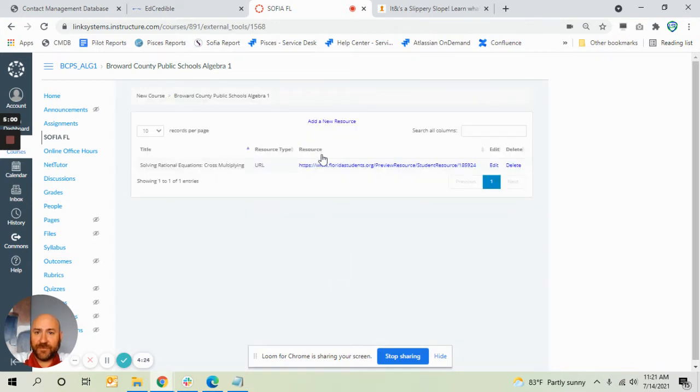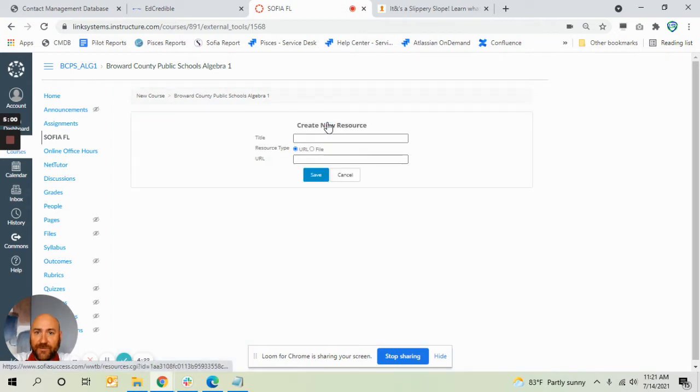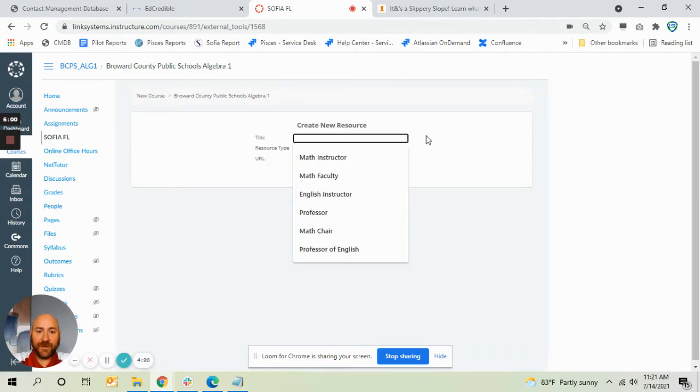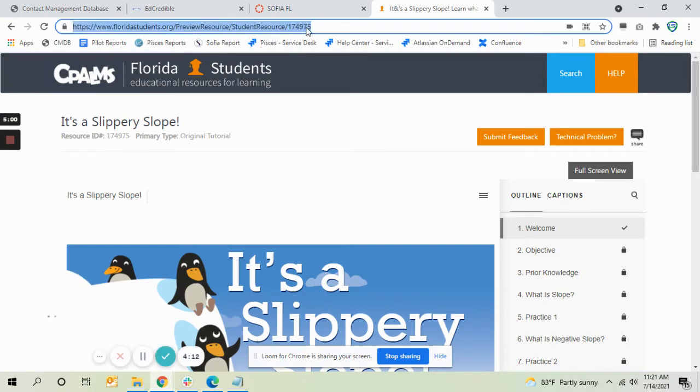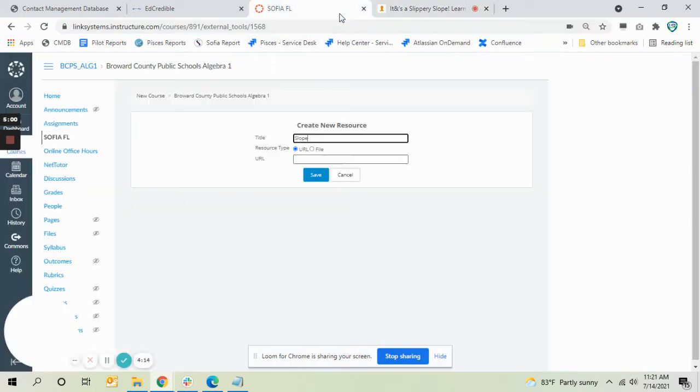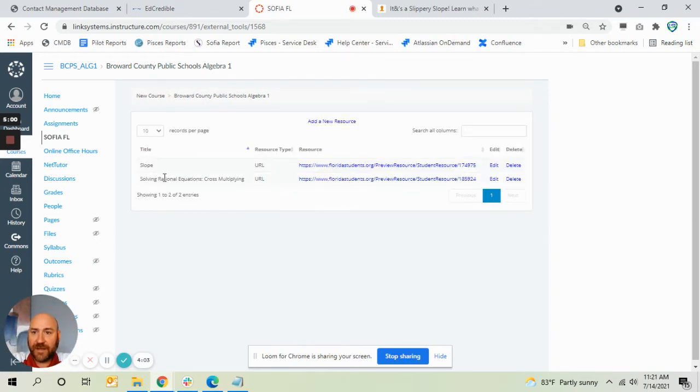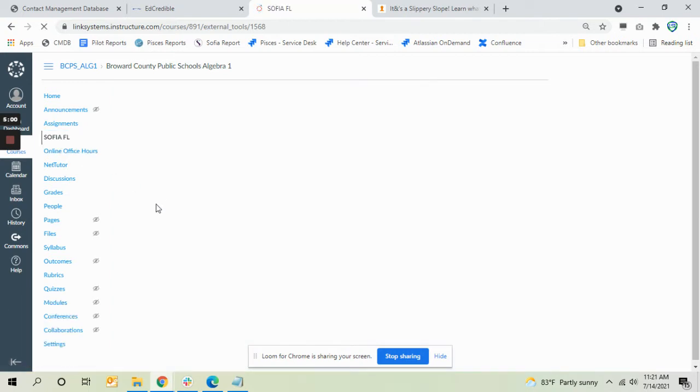I have a resource in there already, but I'm going to add a new resource, and I'm going to call this slope. And I can attach a file or a URL. I'm going to go over to the CPOM site and grab this resource for slopes, and then I'm going to save that. Now I have my slope resource in there, so I'm going to go back to Sofia,